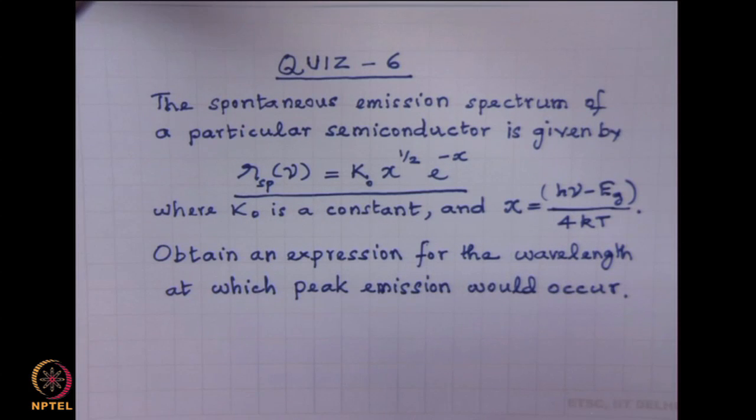An expression is given, R_sp of nu is equal to K0 x to the power half minus x, where K0 is a constant and x is given. Obtain an expression for the wavelength at which peak emission would occur. So, the answer is,